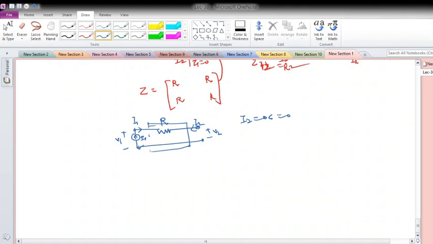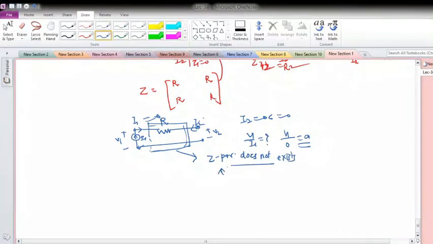Even if I2 is 0, let me obtain what V1 by I1 is here. I2 is 0, but because of this, I1 will also be 0. If I1 is also 0, V1 upon 0 is infinite. So in this particular network with a series resistor like this, the Z parameter doesn't exist. The reason I wanted to tell you is that it's not necessary that the Z parameter will always exist. There may be circuits where the Z parameter may exist, or may not exist.